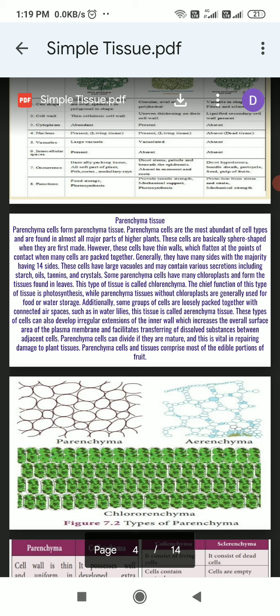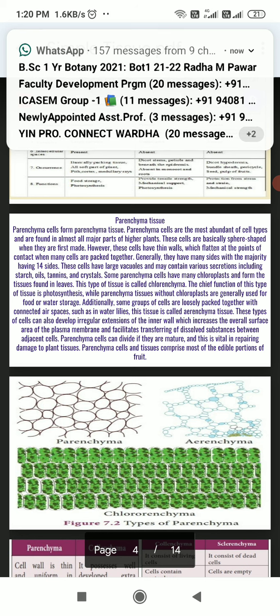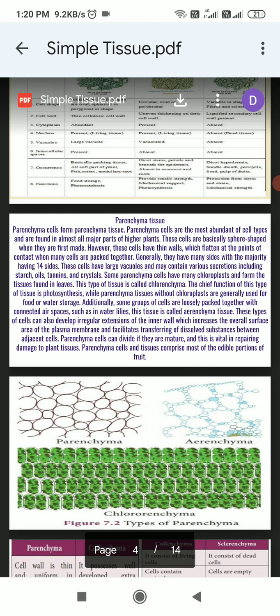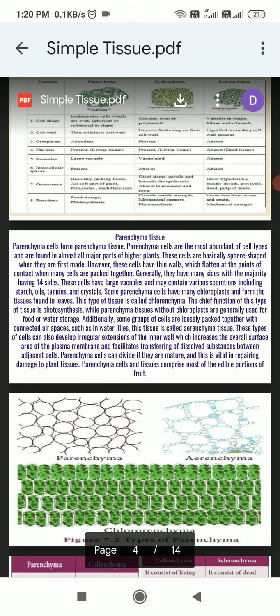These cells have large vacuoles and may contain various secretions including starch, oils, tannins, and crystals. Some parenchyma cells have many chloroplasts and form the tissue found in leaves. This type of tissue is called chlorenchyma. The chief function of this type of tissue is photosynthesis, while parenchyma tissue without chloroplasts is generally used for food